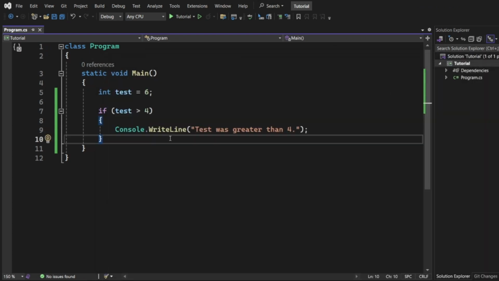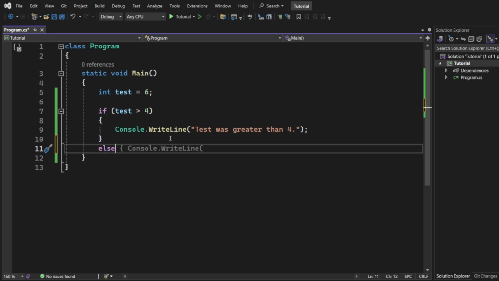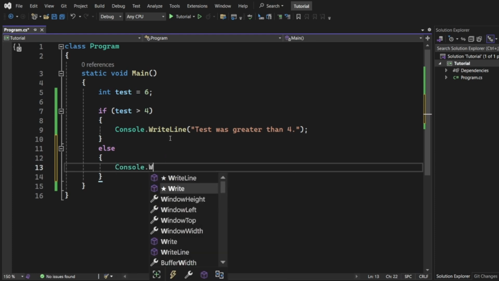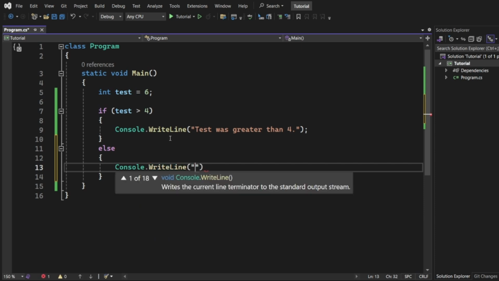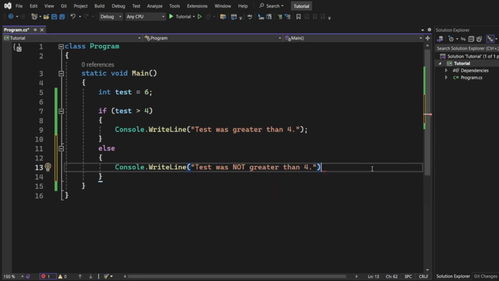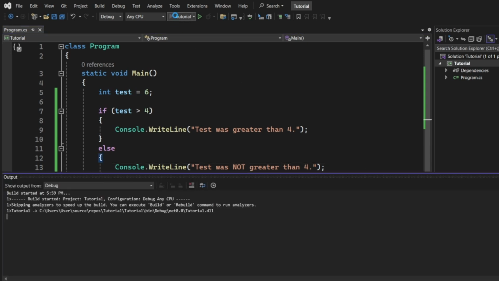So now let's write an else statement. So type the word else and then follow it with a pair of curly brackets, and otherwise we can write the line test was not greater than 4, and end the line with a semicolon. And if you run that again,